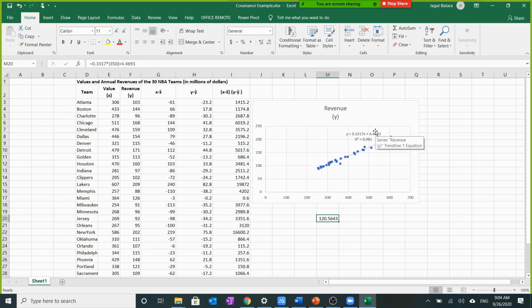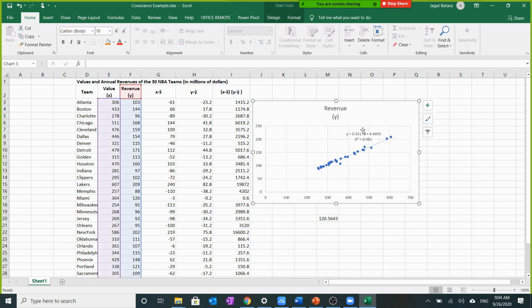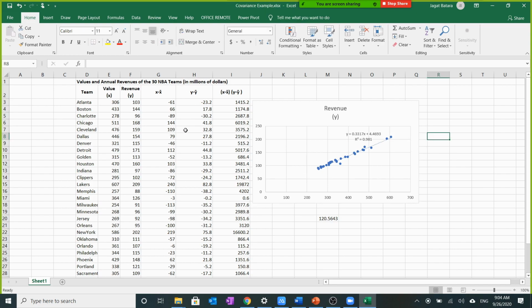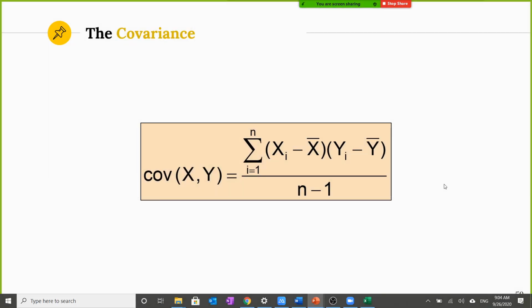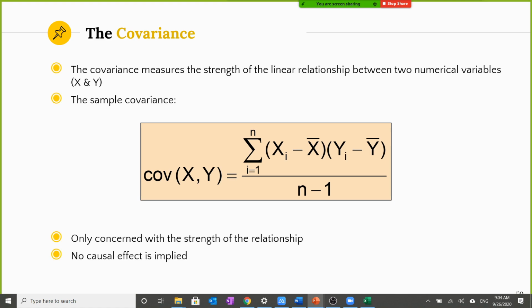It could be wrong, it could be right, but somehow you have a prediction based on the data that you have. Okay, so this is one example of why you need to calculate this. Next we'll calculate the R. So you already know about the correlation, how to calculate this covariance. It's quite good, right? It's quite interesting, you see? Yes, sir.